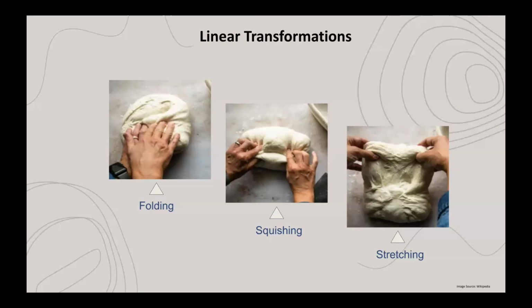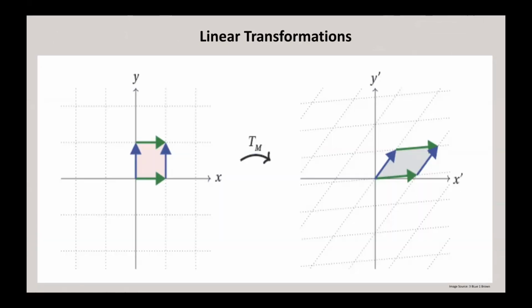Now consider this. If every line on that piece of dough stays straight and the parallel lines remain parallel, you've got yourself a linear transformation. As one of my most favorite YouTube channels, 3Blue1Brown, says, transformation is just a fancy word for functions. And it is apt because it makes us think of movements like you can see here. We can take an input vector and apply some transformations to it to get an output vector.